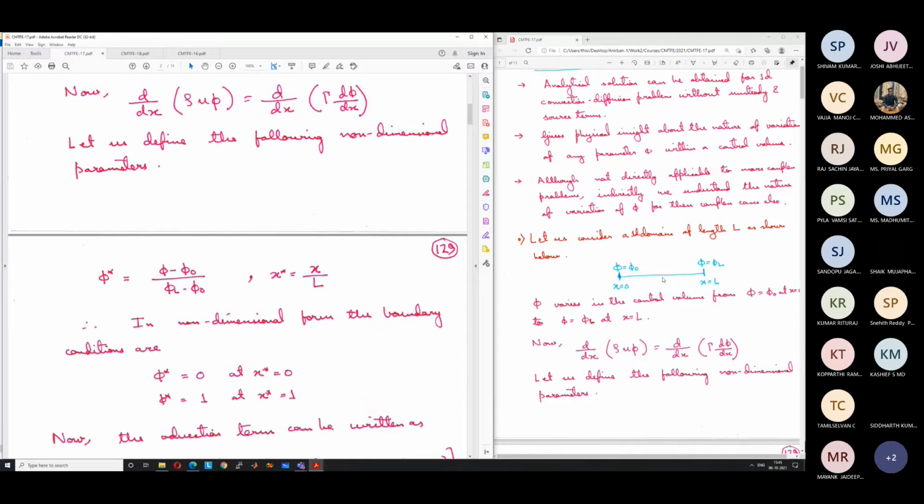So if we want to then use this information in a scheme, we can find out. So for a scheme, we want the value at the interface, so at the midpoint. You will be easily able to find the value at the midpoint, because we will know actually how the phi varies. Even if we go for 2D or 3D type of problems, we will use this information to better approximate the actual solution to get better schemes.